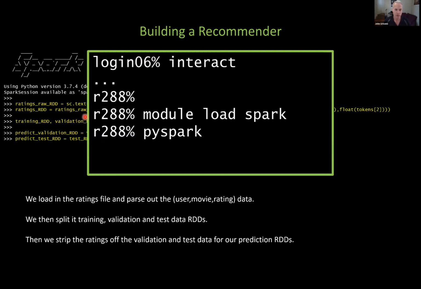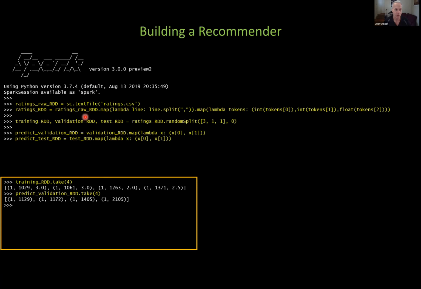As a matter of fact, if I want to check that I'm doing the right thing, after I read things in, I can look at what I've got here. So after I convert things down to my training RDD, I can take a few of them. I don't have this in here, muddying up the screen as I work through the example, but I recommend that you, as you work through things, absolutely take a few elements here and there as you step through this and make sure you're doing the right thing. So I take a few elements and make sure I've got what I think I have, which in this case is user number 1, saw movie 1029 and gave it a 3-star rating. So that's pretty much what I hoped for.